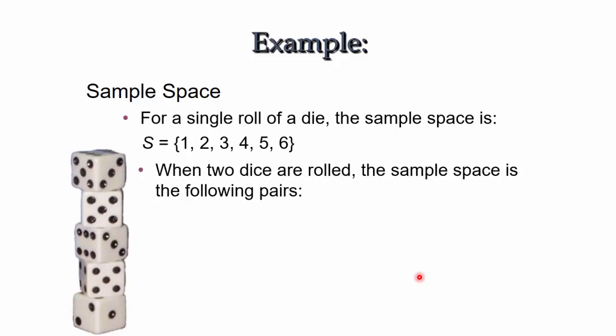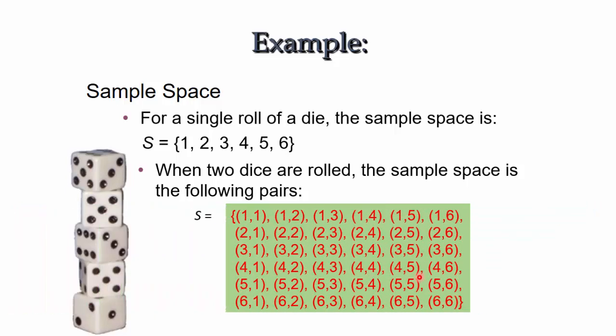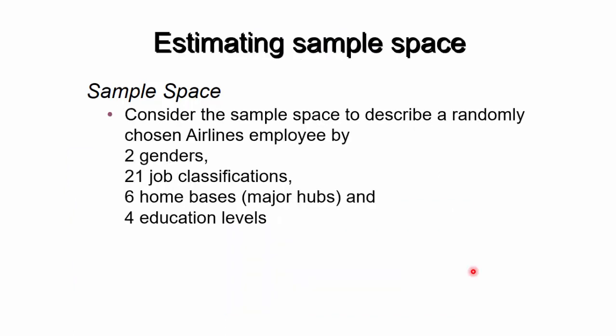Well, how about when you roll two dice? Okay, so when you roll two dice, you get 1 and 1 on top, so the minimum number is 2. The sample space starts with 2, 3, 4, 5, 6, 7, 8, 9, 10, 11, and 12. So they are also counted, and here is the list. But it's not always possible to have countable sample spaces. Let's look at an example here.